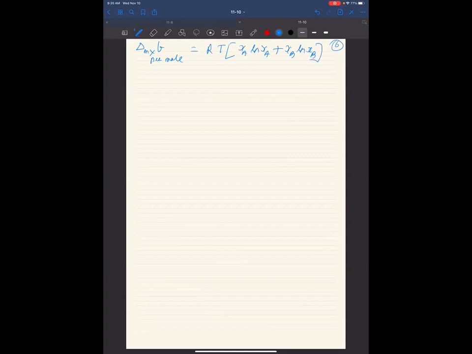So this is the Gibbs free energy of mixing for 2-component ideal gases. And we can see here that XA, the mole fraction, is always between 0 and 1, right? 0 less than XA less than 1, 0 less than XB less than 1. Therefore, delta mixing G is always negative. Therefore, it is a spontaneous process. Our intuition indeed persists. Now the question is, we can separate this delta mixing G into delta mixing enthalpy,